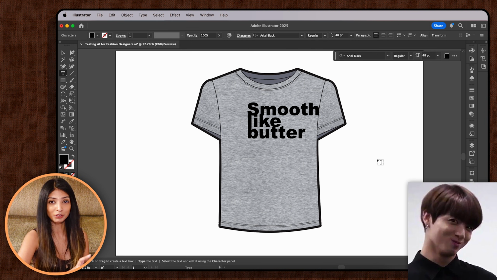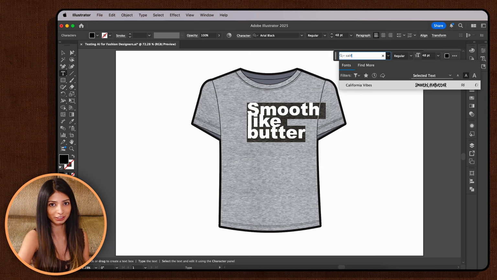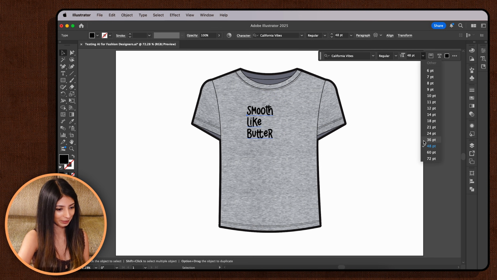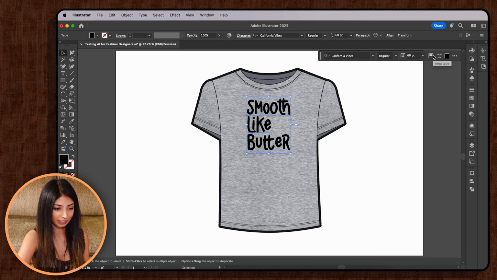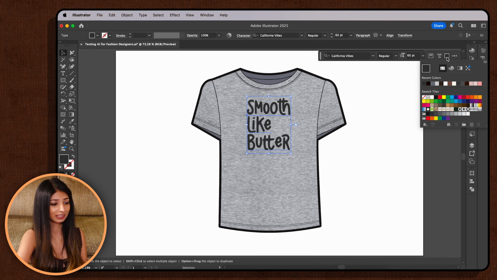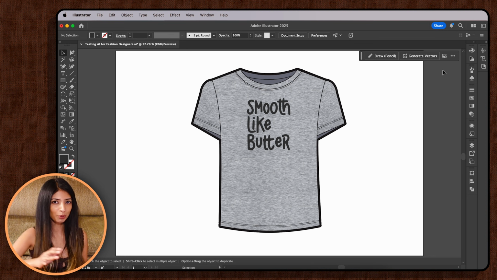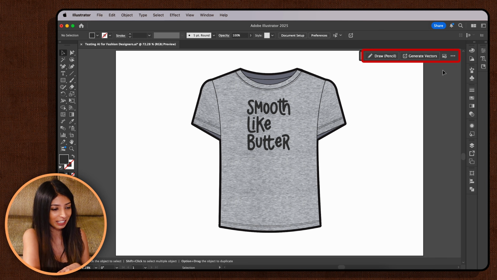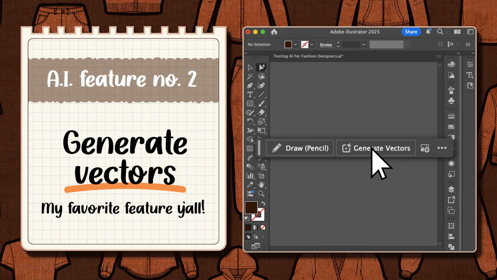Ding dong! Now use the tools up here to edit the font, the size. The area type tool is here as well. We also have outline text right here. You can also change the font color, and I mean, how cool is that? So you probably have a very good idea of how the contextual taskbar works now. This is what it looks like by default, and in AI feature number 2, we're gonna look at what Generate